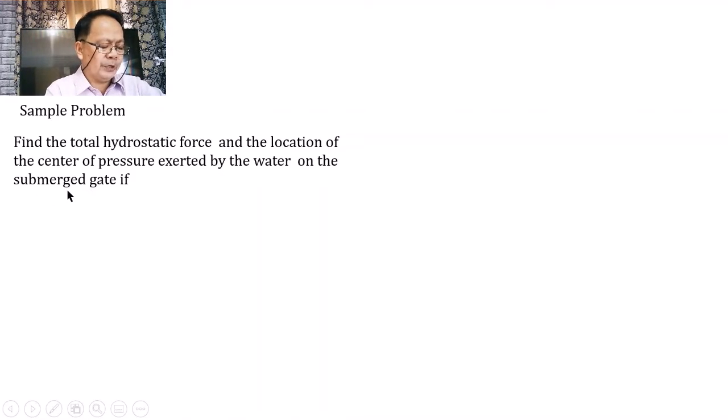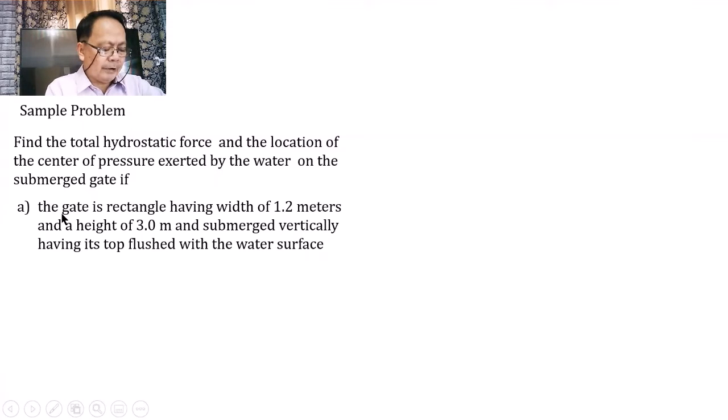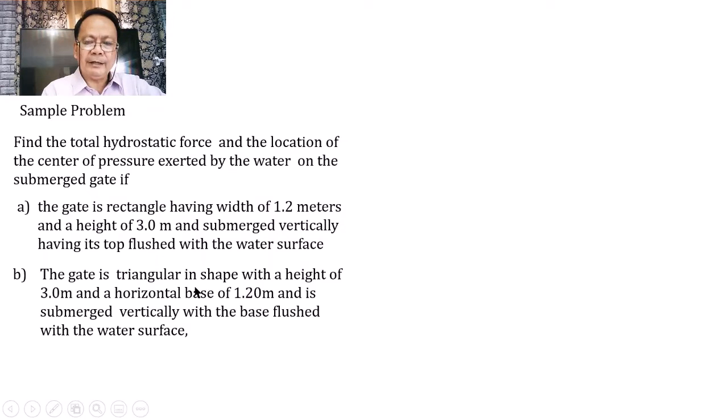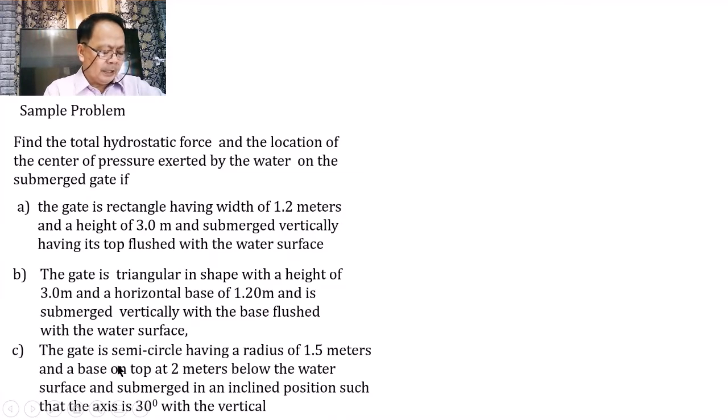by the water on the submerged gate if A, letter A, the gate is rectangle having a width of 1.2 meters and a height of 3 meters and submerged vertically having its top flush with the water surface. Second is the gate is triangular in shape with a height of 3 meters and horizontal base of 1.2 meters and is submerged vertically with a base flush with the water. And letter C, the gate is semicircle having a radius of 1.5 meters and a base on top at 2 meters below the water surface and submerged in an inclined position such that the axis is 30 degrees with respect